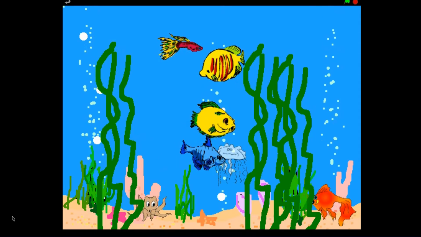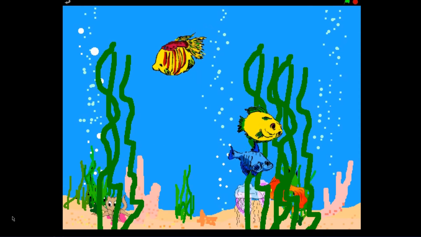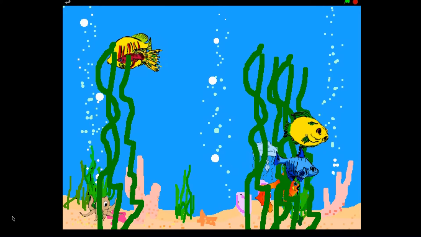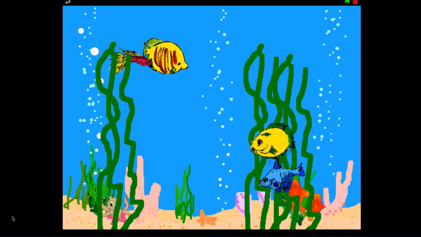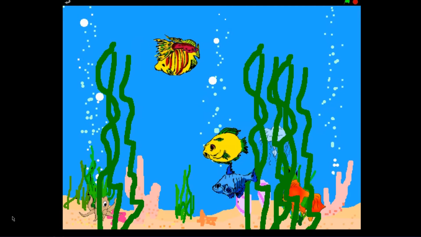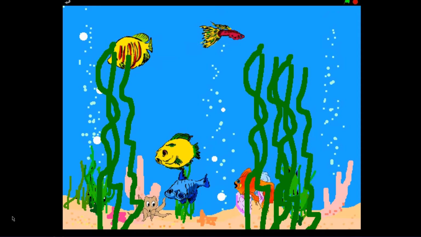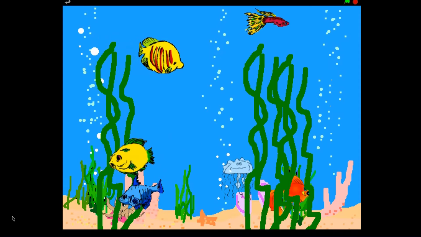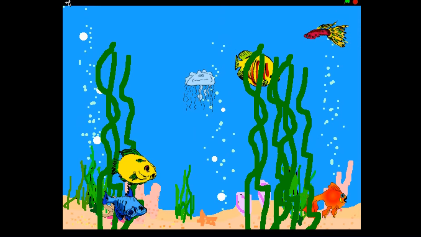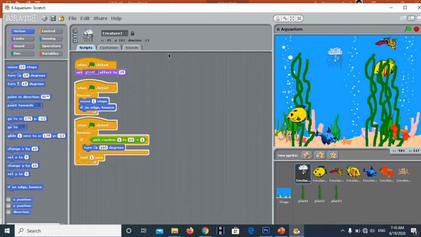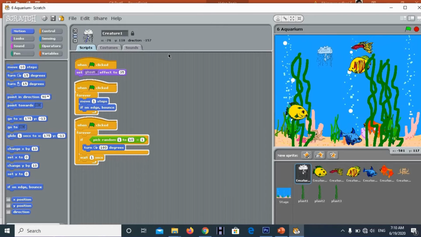On the screen you can see a beautiful animation of an aquarium, right? This animation is made with the help of software that can be used to understand the basic importance of pseudocode. The software that I have used to create this animation is Scratch, which has a logo like an orange color cat, right?